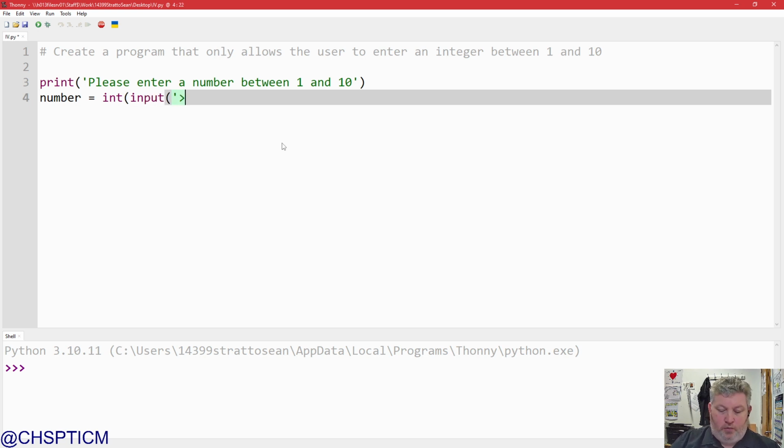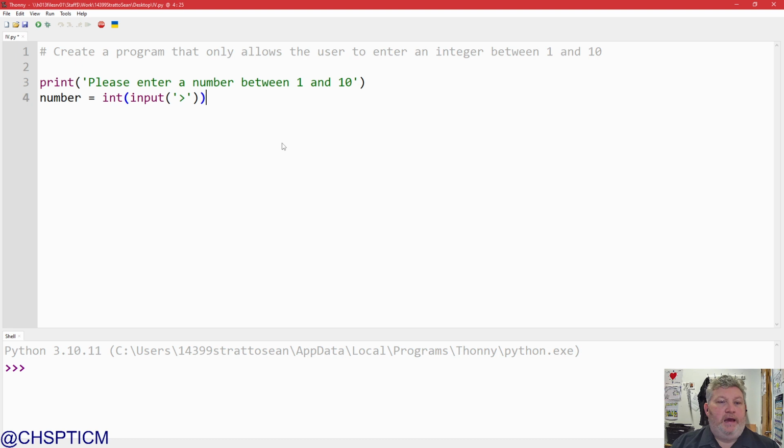So standard bit of code, first of all, we get the user to enter the number. Okay, so that's ask. Then we're going to use a while loop to repeat it until the person gets it right. So while number is less than 1 or the number is greater than 10, we're going to display an error. So that's ask, repeat while, and then